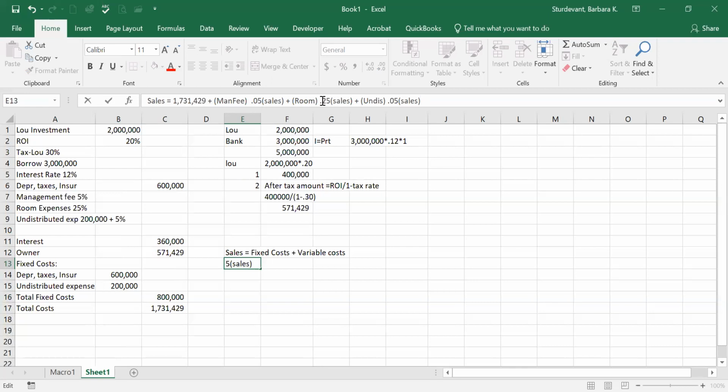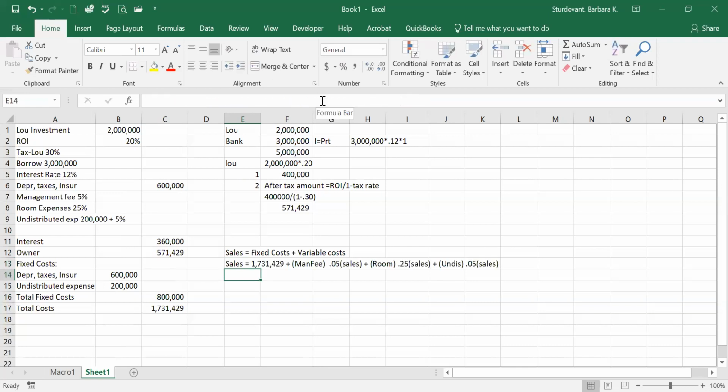Okay, looks like a mess. Okay, so now we're going to turn it into an algebra. So it makes a little more sense. So X is equal to